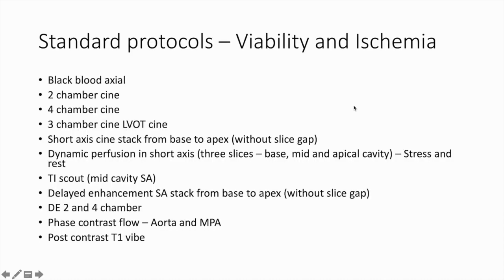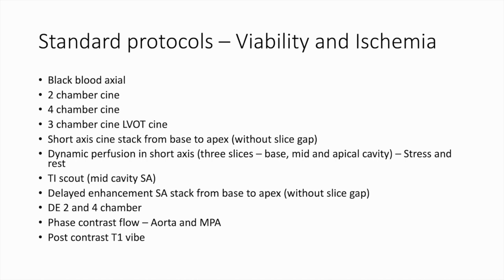Before we finish, I will just outline the standard cardiac MR protocols for common cardiac pathologies. In case of viability or ischemia imaging, we need to do a black blood axial of the chest, 2-chamber, 4-chamber, 3-chamber, and LVOT cines, a short axis cine stack from base to apex without slice gap for functional and volume analysis, a dynamic perfusion in short axis, 3 slices at base, mid, and apical cavity, both stress and rest, a TI scout